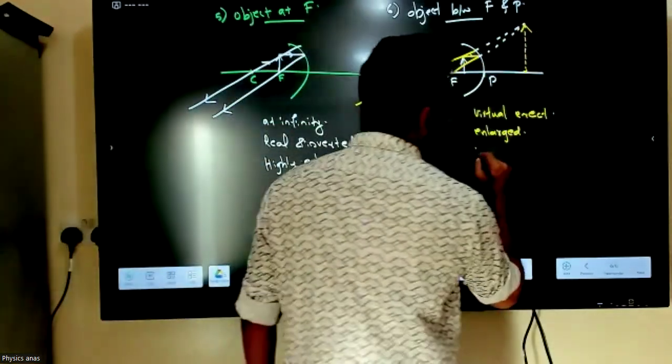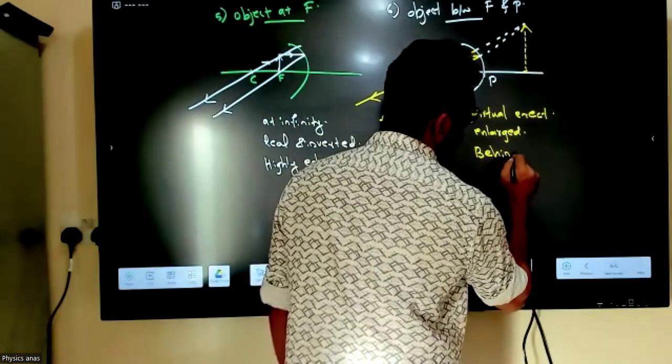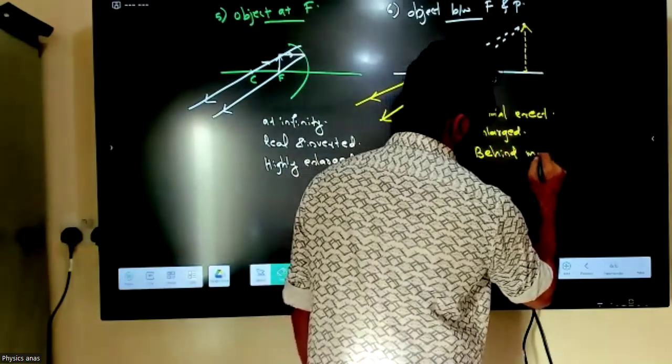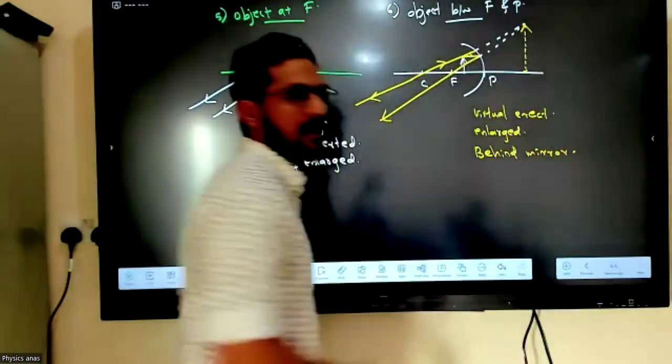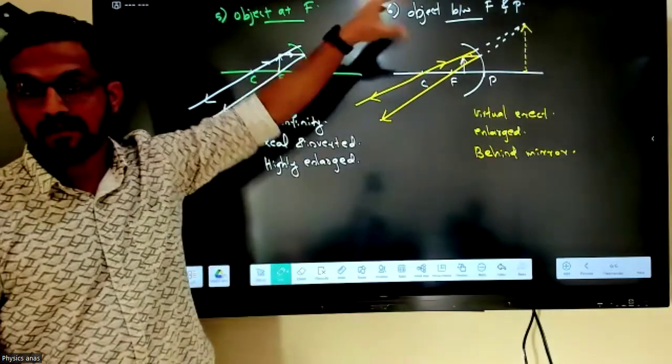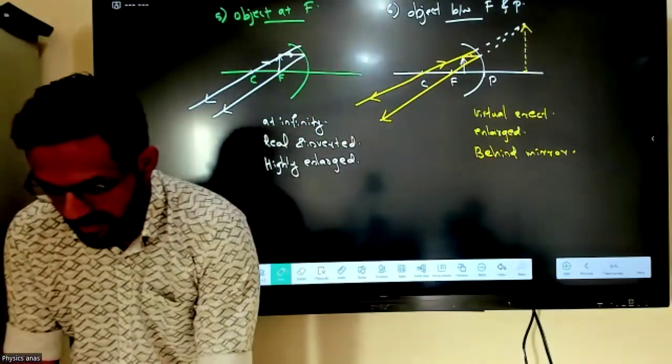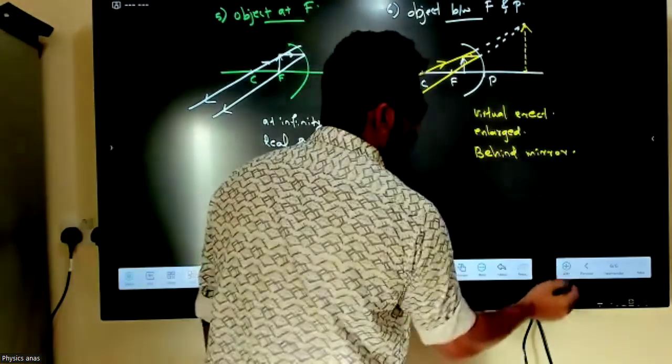That will be behind the mirror. The position of the image will be behind the mirror. You got it? That's our sixth one. Now we have to draw two